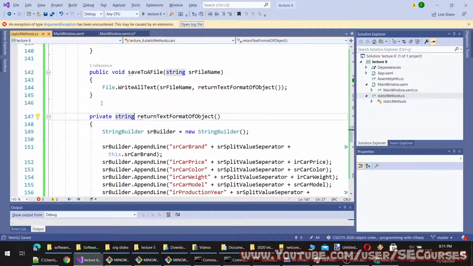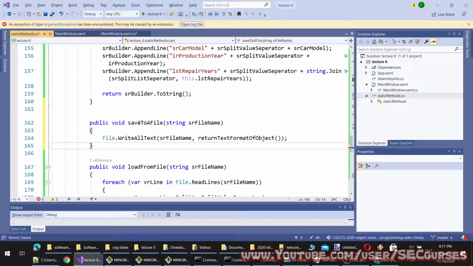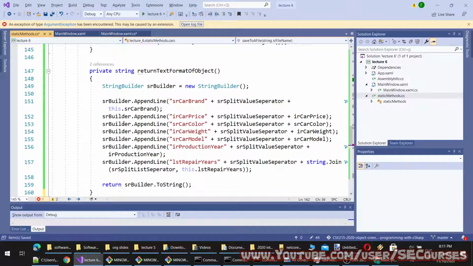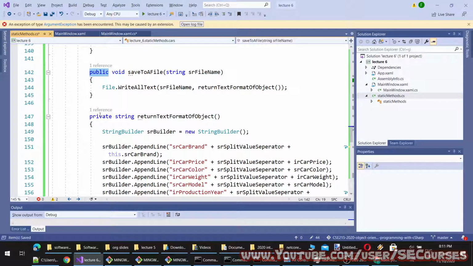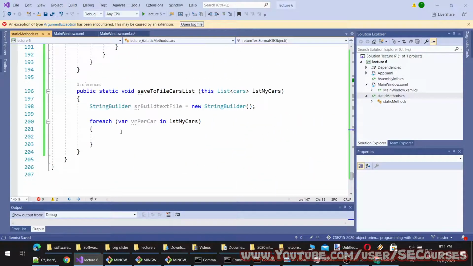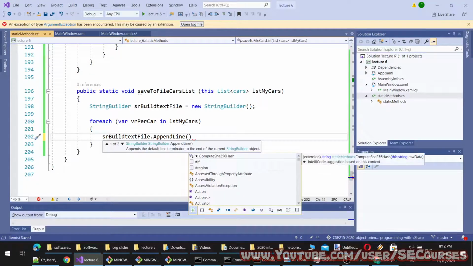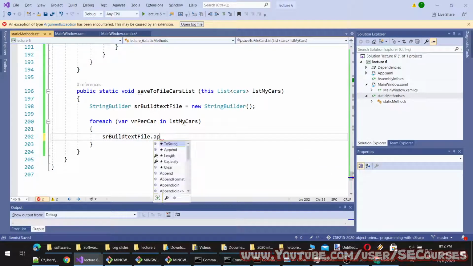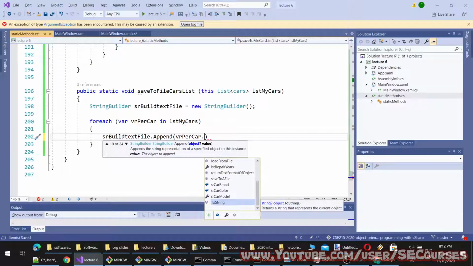Then I'm going to define another public method. Oh, I can make this public though, and it will work for me. Let me show you. So append line, or just append text. We can just append text. Append we are per car. Oh, I think we can make it even better.